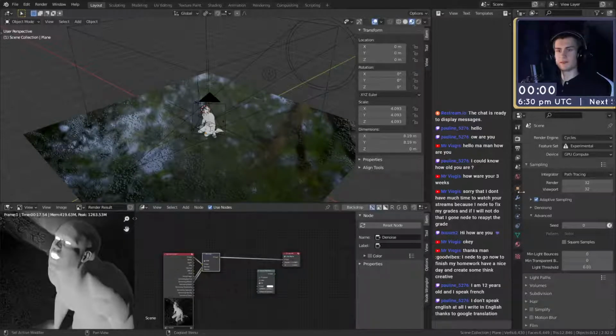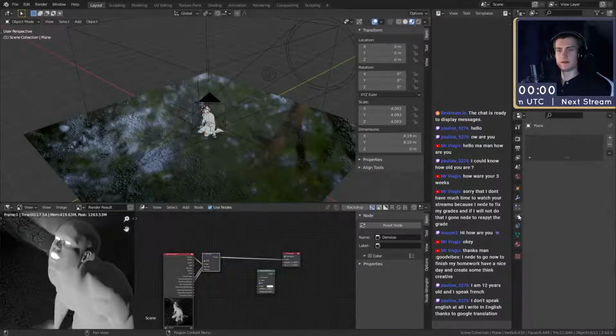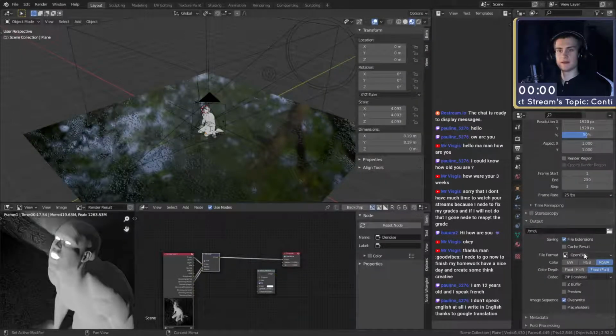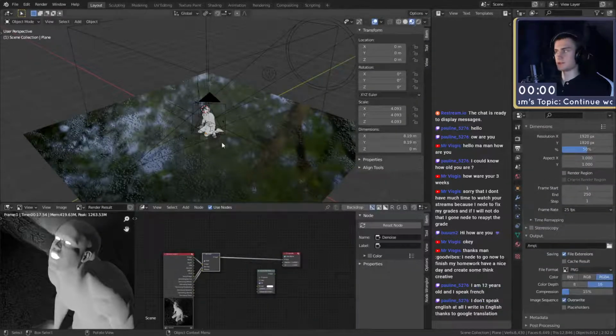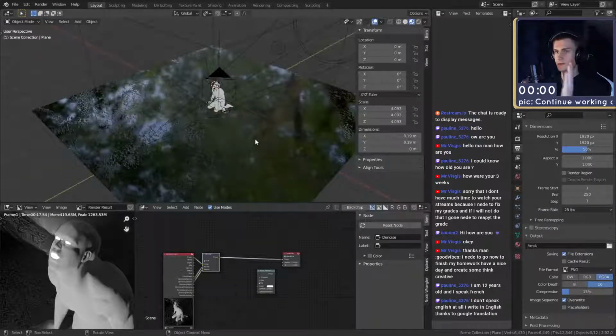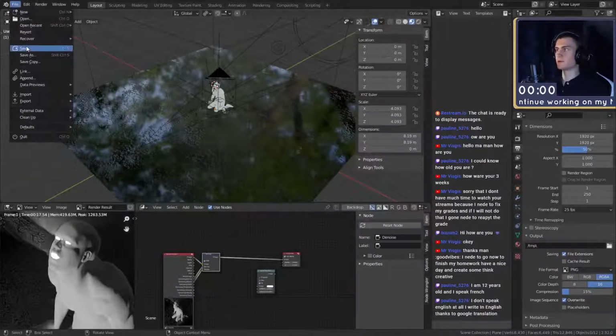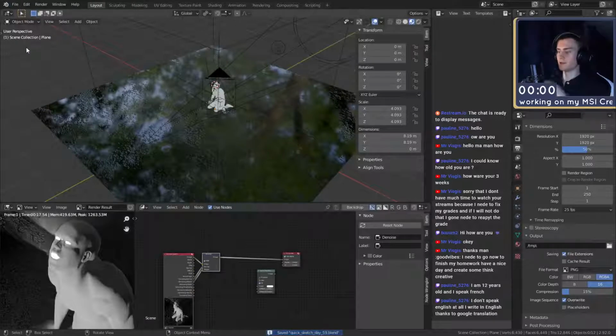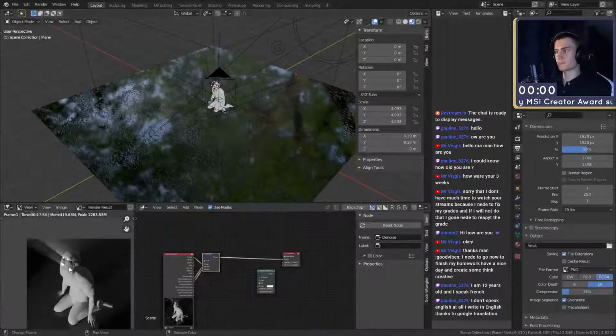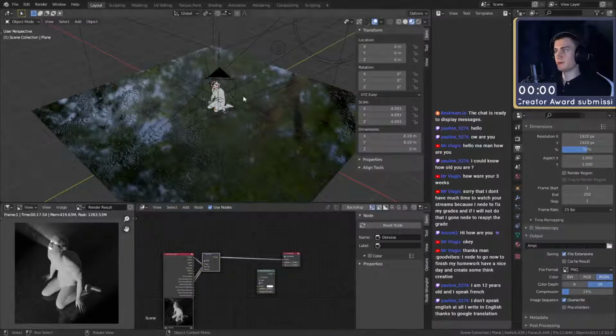We could probably switch the export format from EXR to PNG. This should give us a better color range, which we can actually control better. EXR has a bigger color range, which enables you to fine-tune the colors a little bit better.